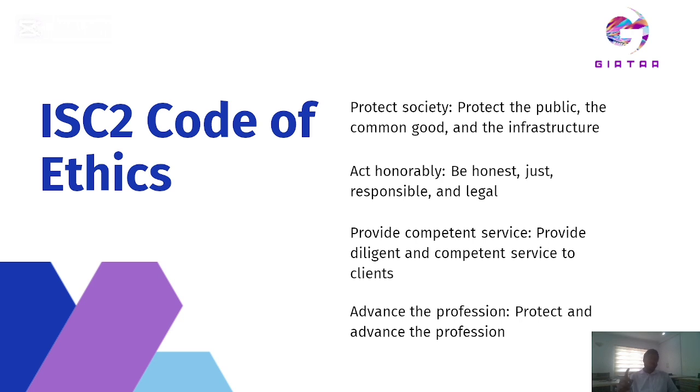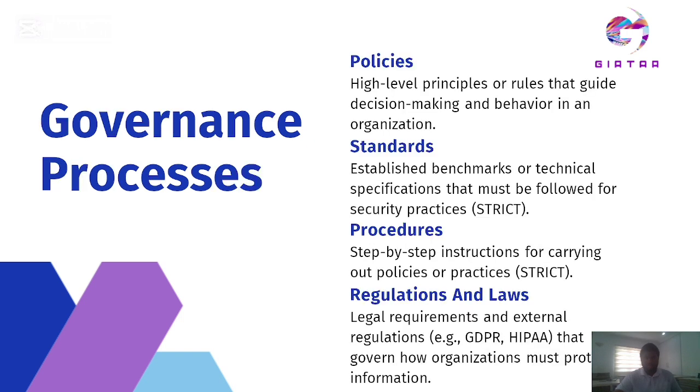Now we've discussed the ISC2 Code of Ethics. We want to discuss governance processes. We want to look at policies, standards, procedures, and regulations and laws. A policy is a high level principle that guides an entire organization. It is the first level of command that you receive that everybody has to follow, from managers down to the lowest staff. Now, a standard is a benchmark set to make sure that those policies and practices are being